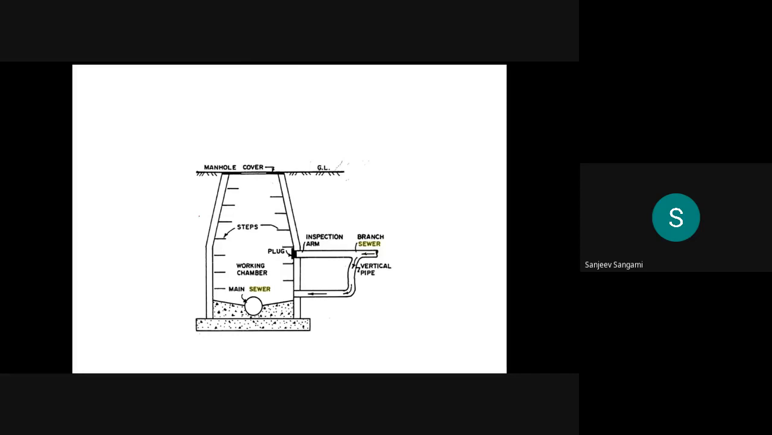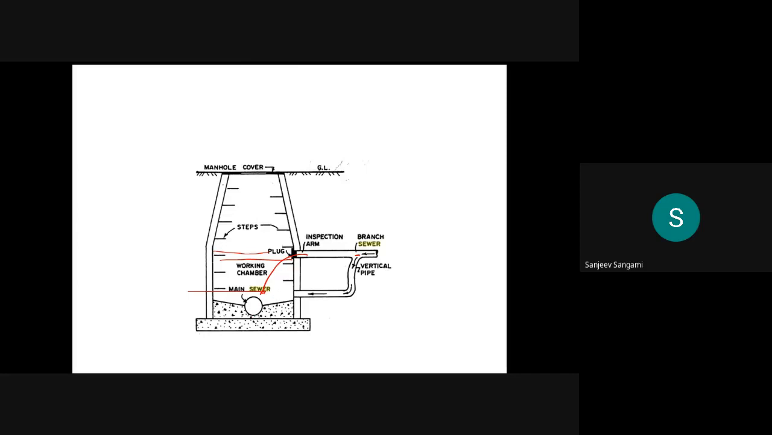If you can see here, your branch sewer is there, and here the main sewer is there. You can see the elevation here. Here is the branch sewer, and it goes like this. Whatever the sewers, they will go like this, but it has to come into this one. The branch sewer has to be connected to the main sewer. If that is the case, then with the help of a vertical pipe, we have to give the connection to the